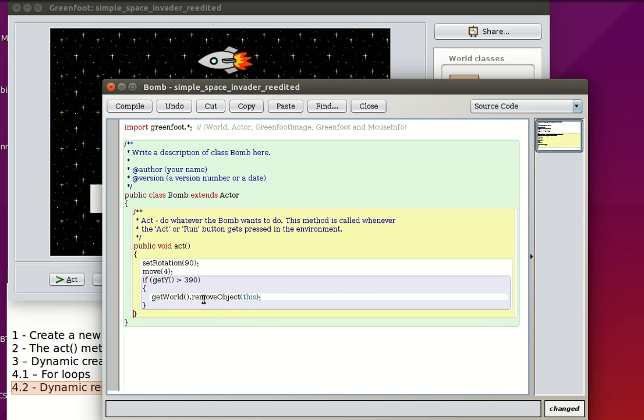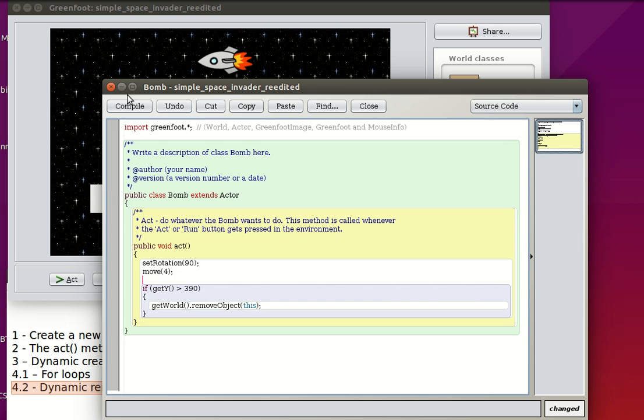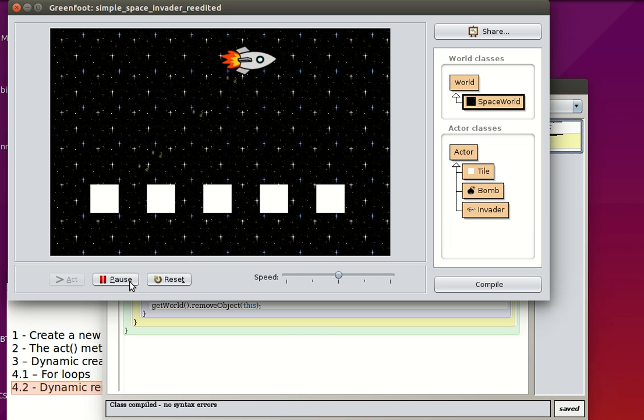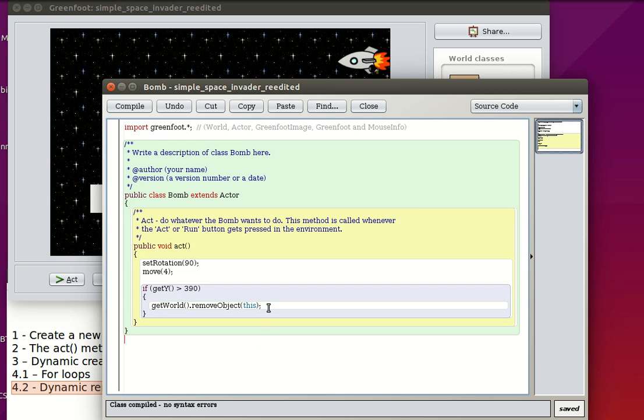I'm going to line it all up so this all looks good. Let's give it one more space here and compile. No error. If I run my code, now when the bomb reaches the bottom of the screen, they disappear. Perfect. So I'm going to reuse the same code